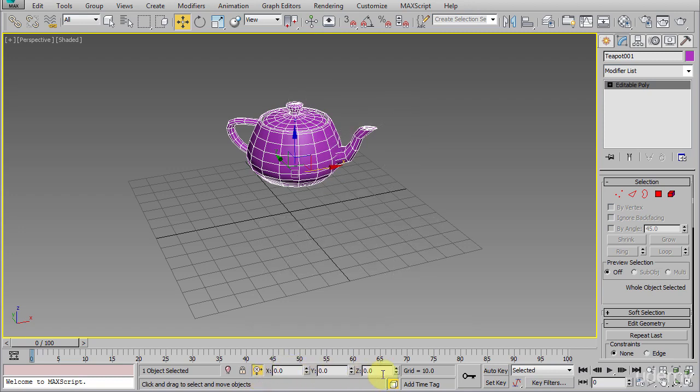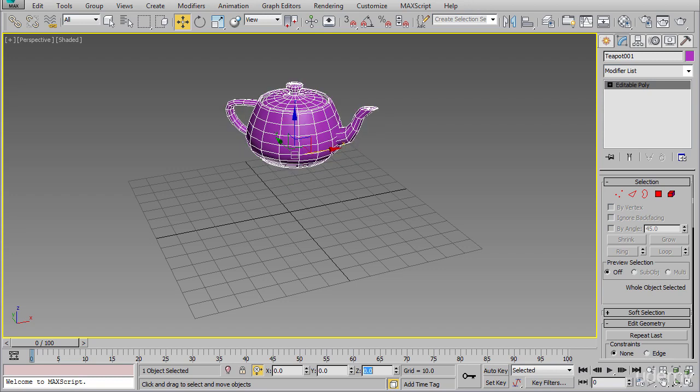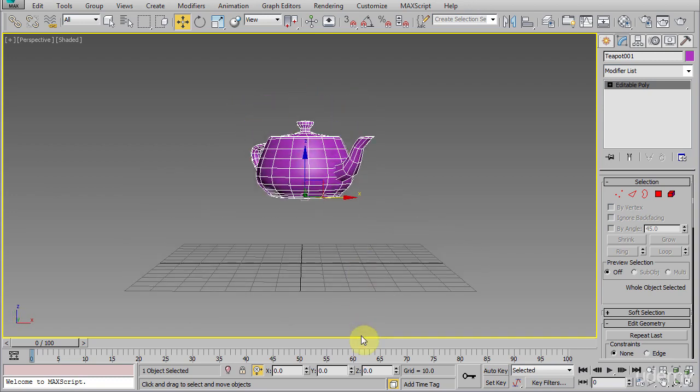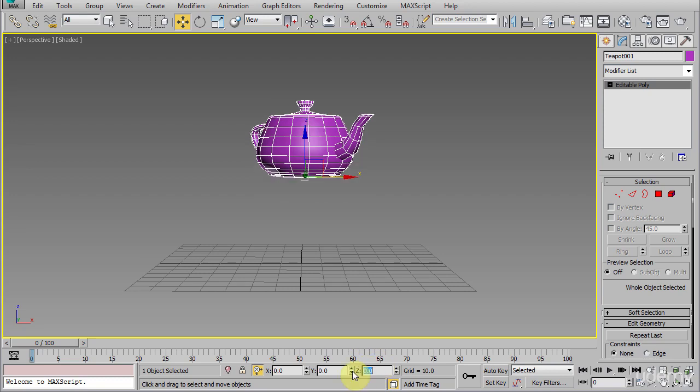But when this button is active, we are in offset mode, and notice these values in here are showing only 0. When we type, for example, 10 in the input field, the object is not 10 units high, rather it has moved 10 units from its previous position. So again, if I set 10 again in the Z input, it will move this again 10 units upward and the values will always go back to 0 again.